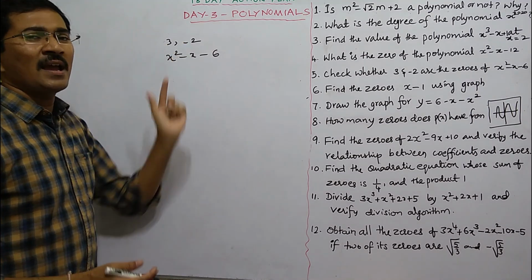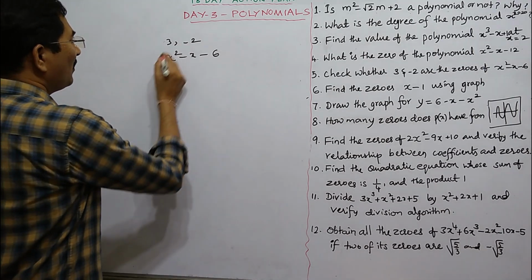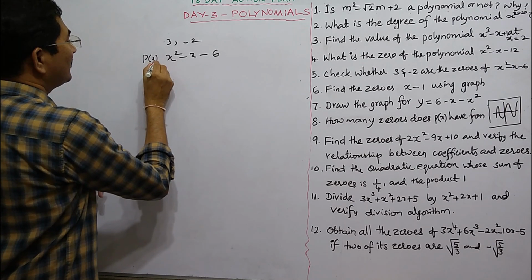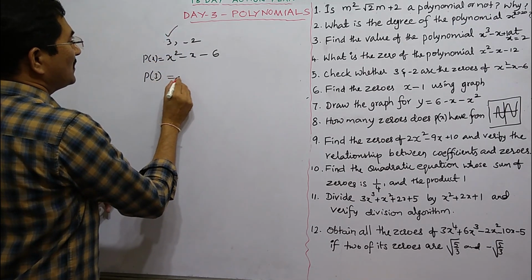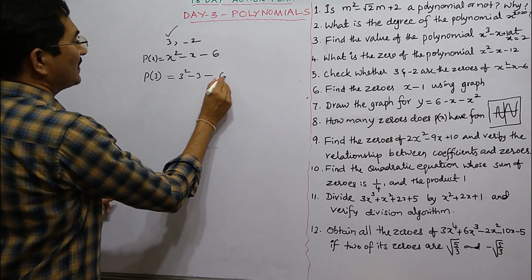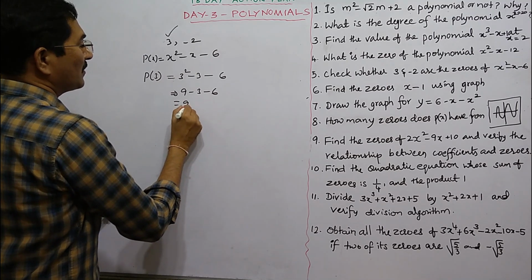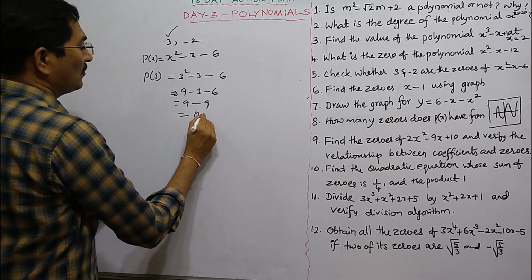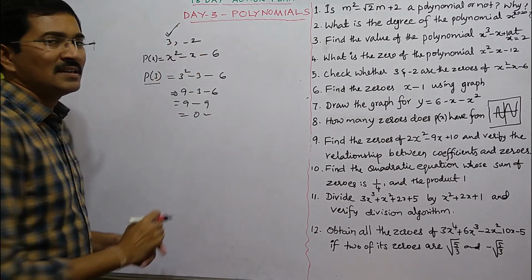Substitute in place of x, and if you get 0, that is really the zero, or else it is not a zero at all. Simple. Let this be p of x. Then we will see p of 3, because we have to check 3. So this becomes 3 squared minus 3 minus 6. So 3 squared is 9, minus 3 minus 6. So this becomes 9 minus 9. So this is 0. Therefore P of 3 is 0, therefore 3 is considered a zero of the